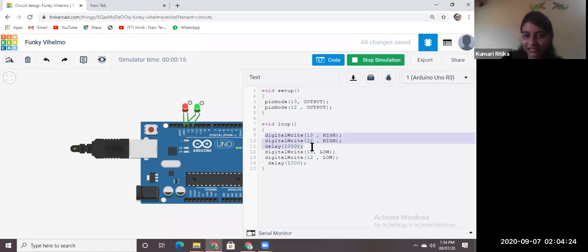These three lines are turning on the LED and making it on for 1 second. After 1 second, delay gives a pause to the program, and after 1 second we are turning it off for another 1 second, and this process is in a loop, meaning continuous. After this line we have started executing the code from 9 to 14. It is in a continuous manner.